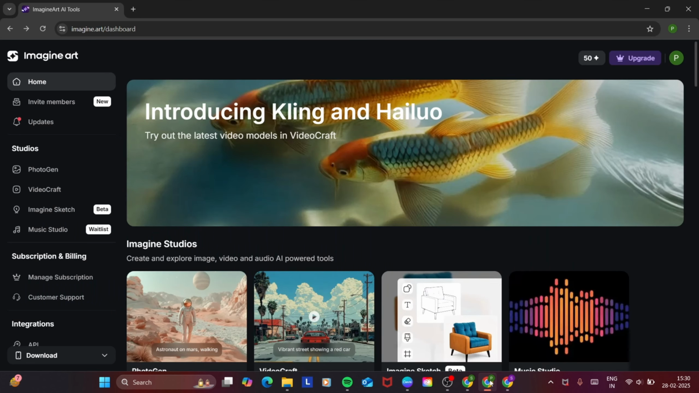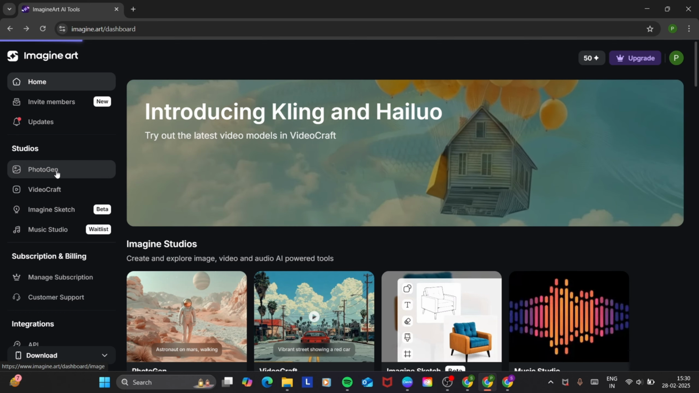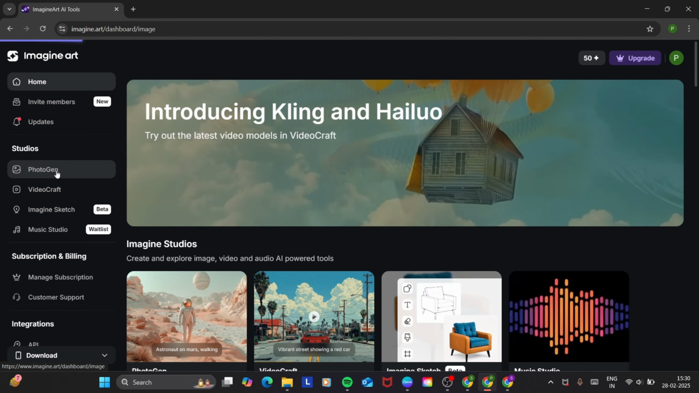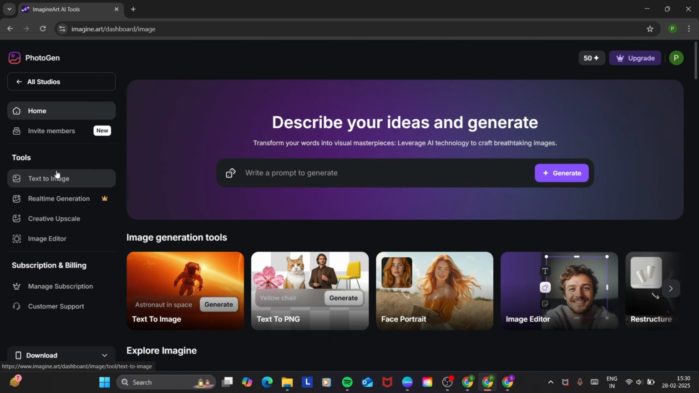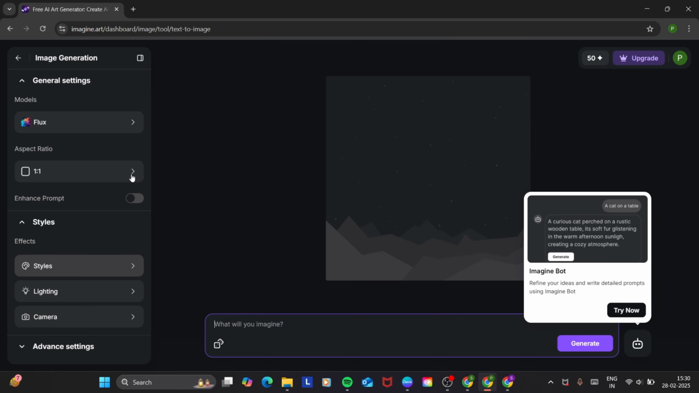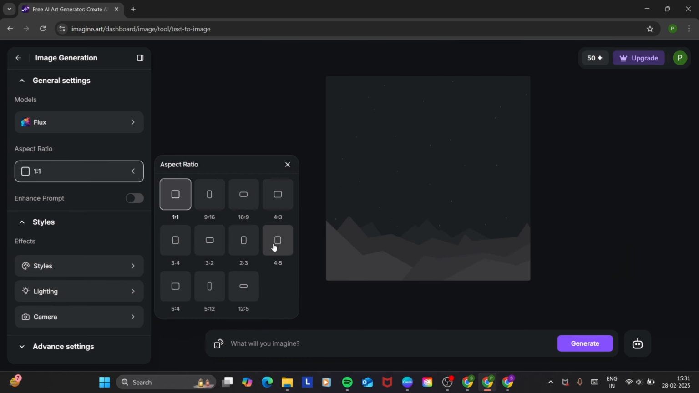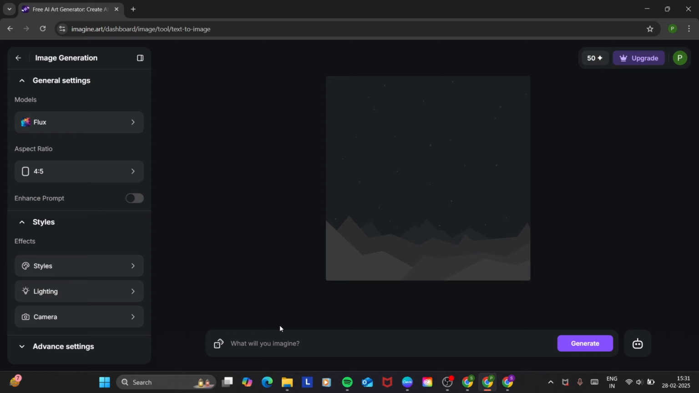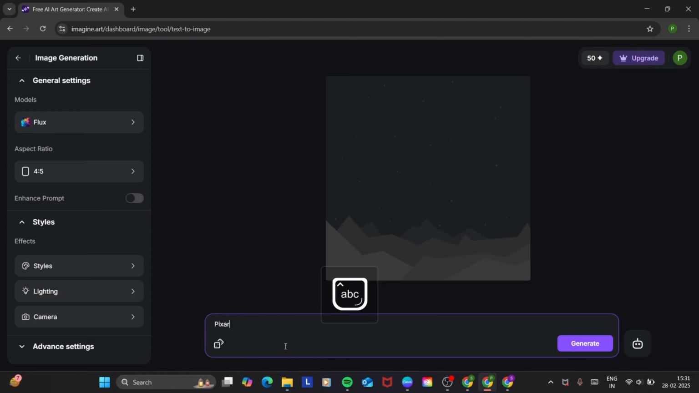To create stunning images, we'll use an amazing AI tool called Imagine.art. Click on Photogen and wait for it to load. Then, click on Text to Image. And select a 4:5 ratio. Now, search for Pixar-themed Spider-Man images